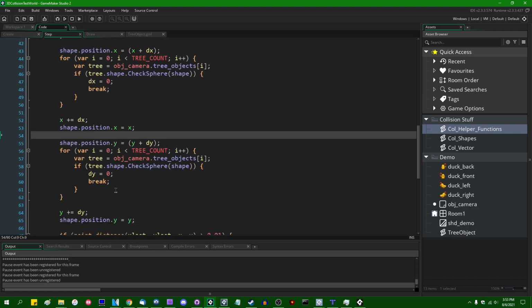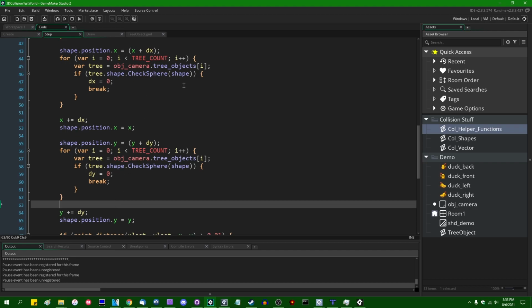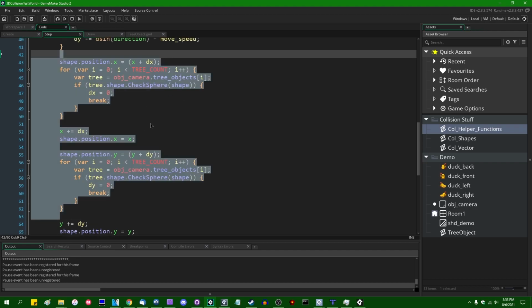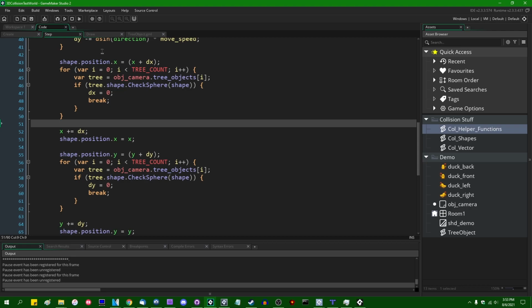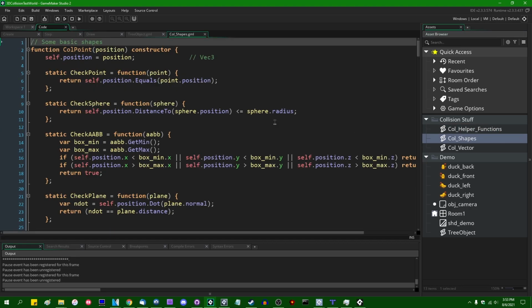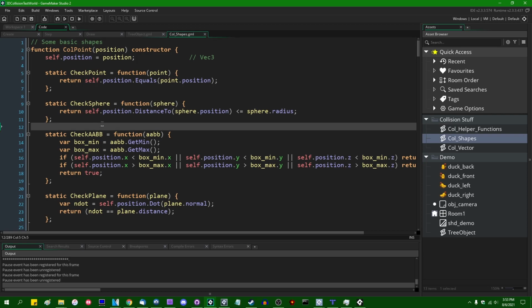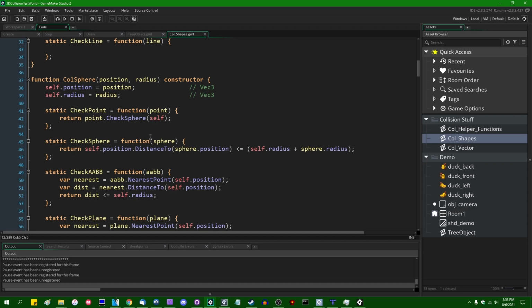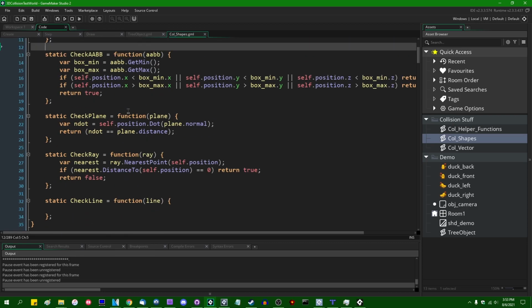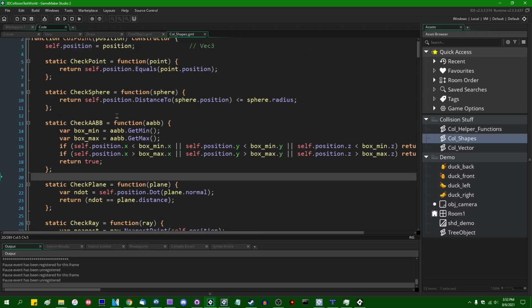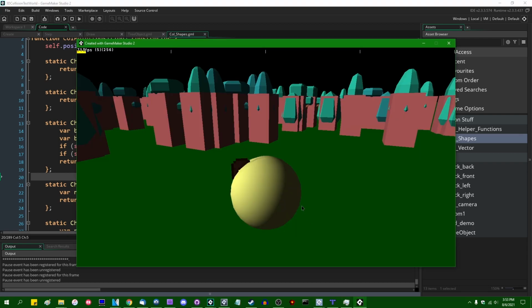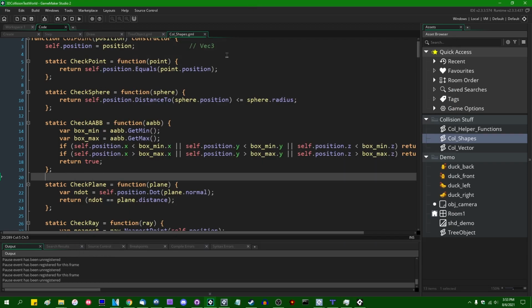Checking 250 trees for collision both on the X and the Y axis will start to add up over time, as a lot of work in the step event. And it does not help that this collision code is very object-oriented, because calling methods and whatnot does add a small amount of overhead every time you do it. If you were to rewrite this code in a more imperative coding style, you would probably see a slight boost in performance. I believe I mentioned that at the beginning of the series, and the reason that I chose not